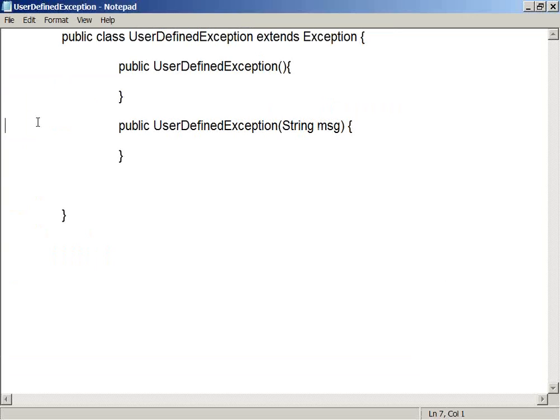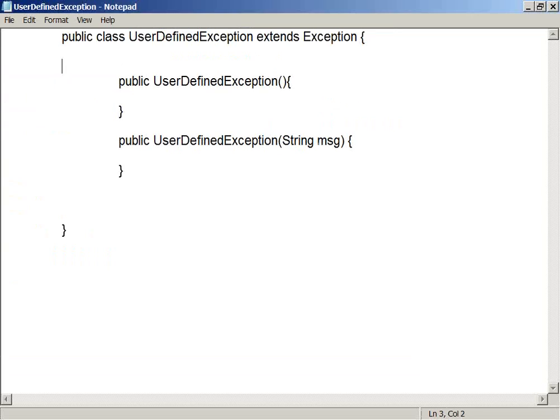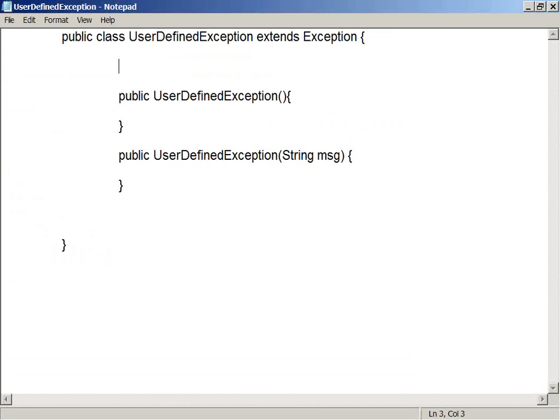Now this class becomes an exception class. Now you need to create your exception classes according to the situation. If somebody is withdrawing money from the bank, if there is no money, and you want to throw such kind of exceptions, like no sufficient money exception to withdraw, such kind of things you can do. This is an example where you can create your exceptions.